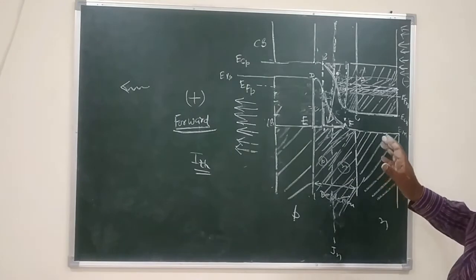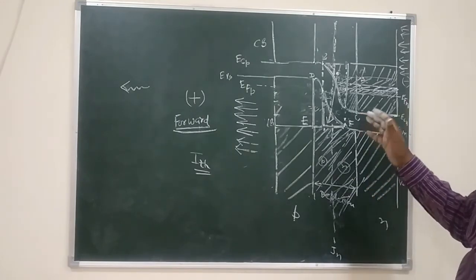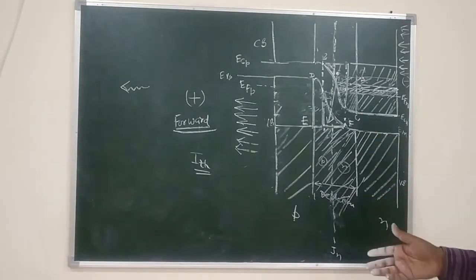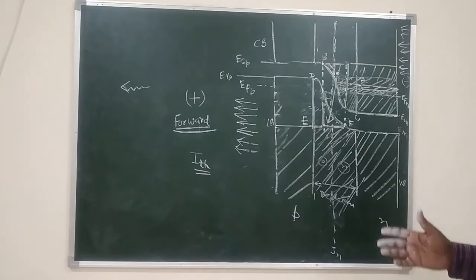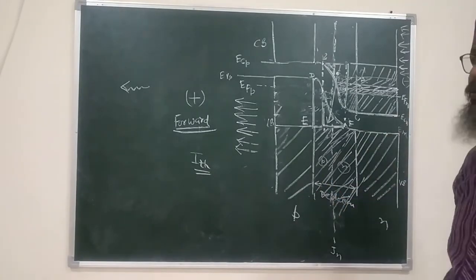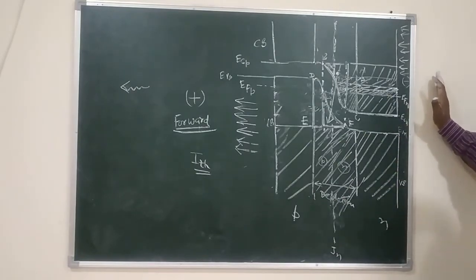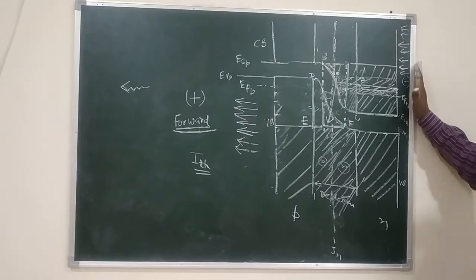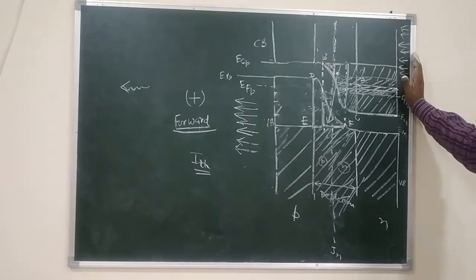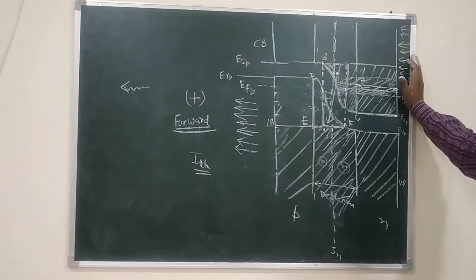And the pumping is available from the battery. The external battery or the biasing battery that we have connected here is acting as a pump, and it is directly supplying the electrons. So this pumping is also called direct pumping. It is also called electric pumping, because in the helium neon laser, it was indirect pumping. We gave the energy to the electrons, which collided with helium then collided with neon, and it was actually neon most of the time which gave the lasing action. So it was indirect pumping.